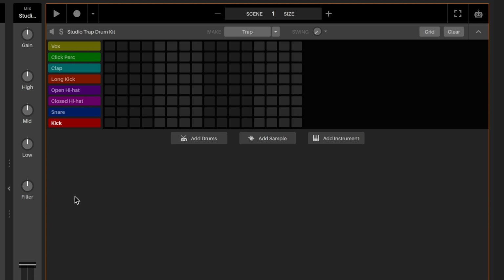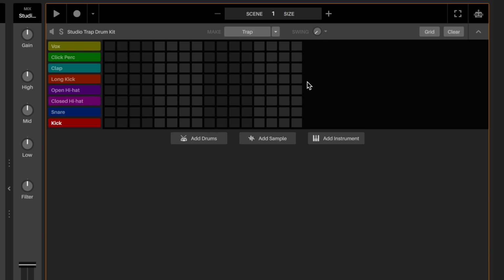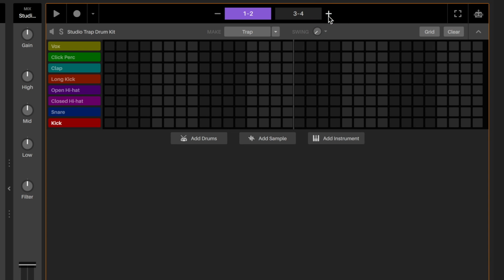The grid on the right side is called a sequencer, and it's used to create patterns from sounds loaded on the left deck. There's a really handy feature in Serato Studio called Make Drums, which gives you randomized drum patterns to get started with. First, let's increase the length of the sequence to 4 bars. This way the loop isn't too short.